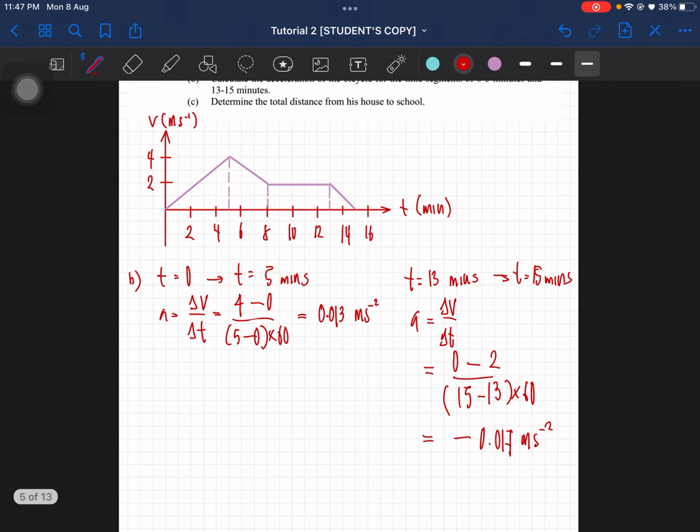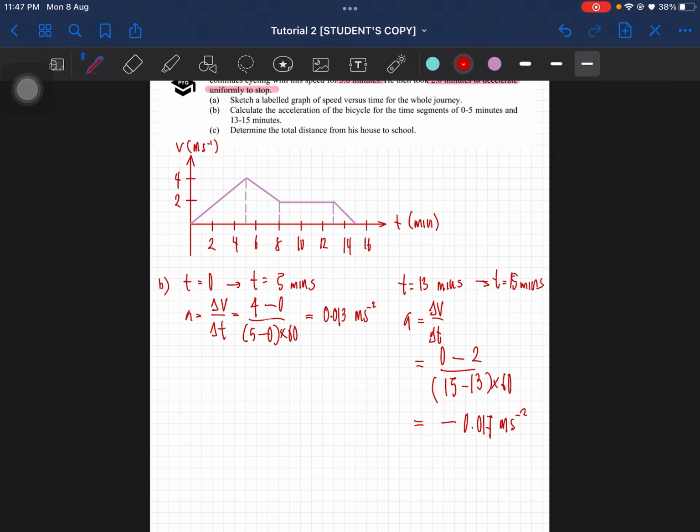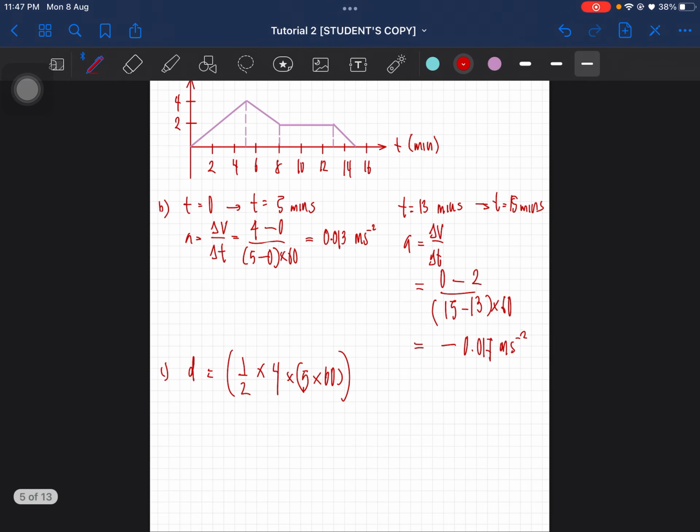And then question C, we have to determine the total distance from his house to his school. So for this one we are going to be using the area under the graph. Okay, so question C, the total distance. So the first part of the graph, this is the first part, second part, third part, and fourth part. Okay, so the first part is half times 4 times 5. Again, we need this in SI unit. Okay, so remember you have to do it in SI unit, so times 60,